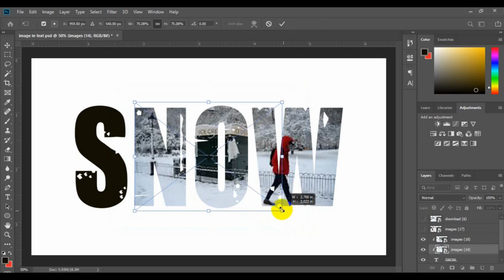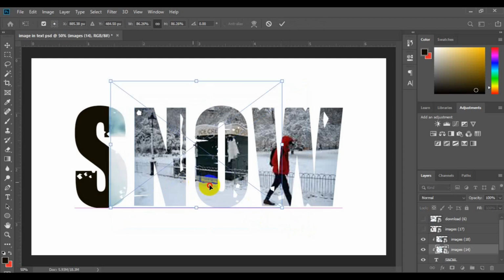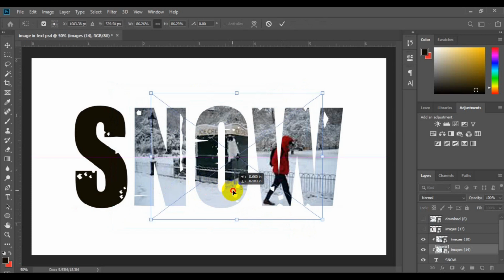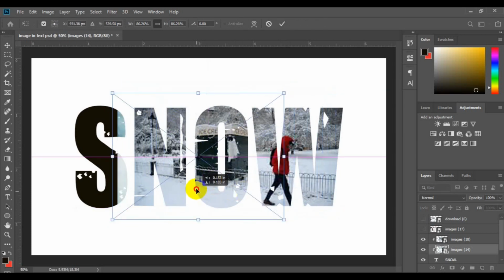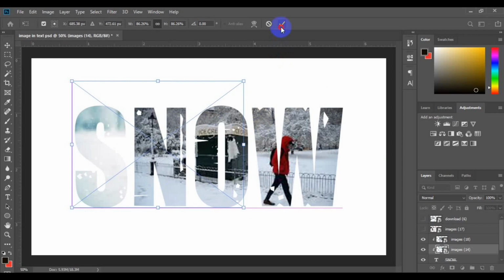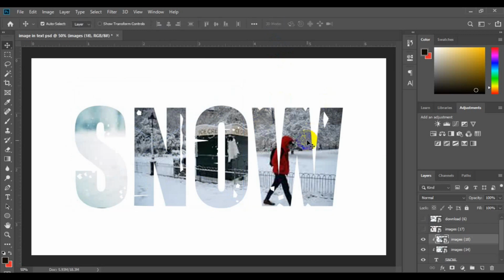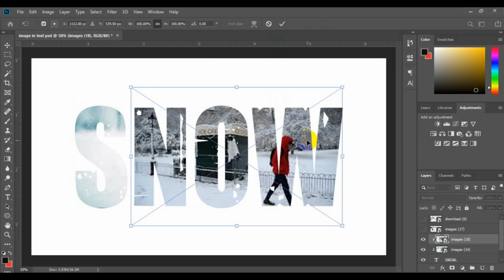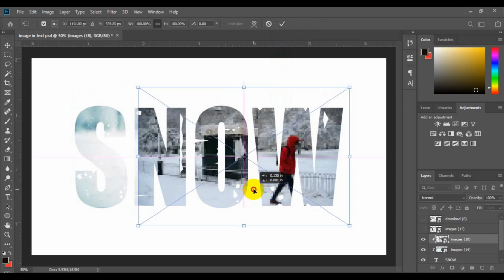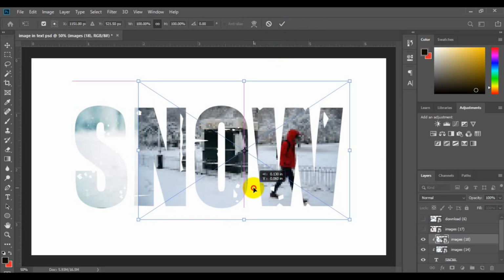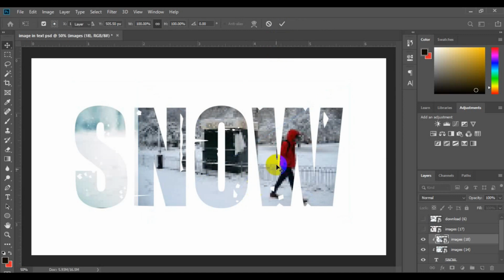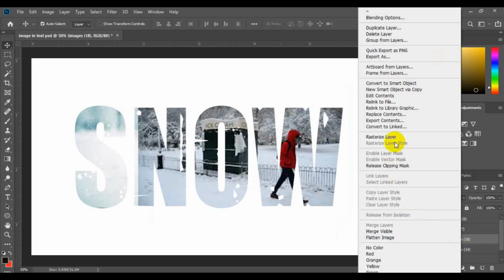Okay. Then I have to adjust the image in a proper way. I have to press Ctrl T to work on this one right here, and we have this in this way. So what we are going to do is adjust this one right here. Then what I'm going to do next is to go to the layer panel and right click on the layer right here, and then I will make sure